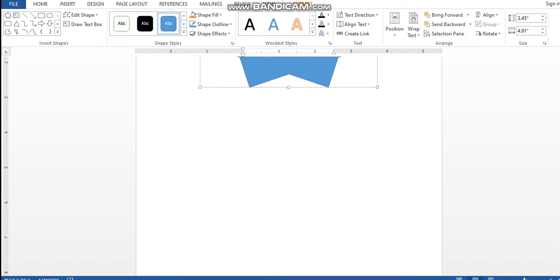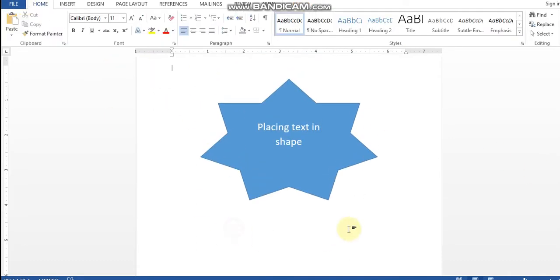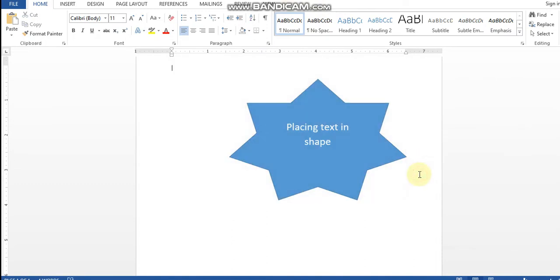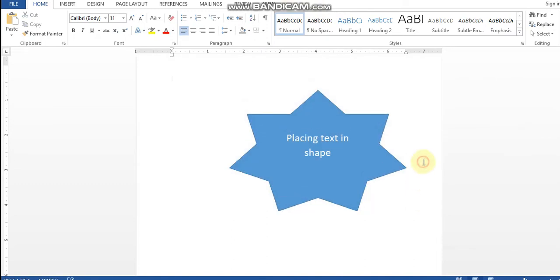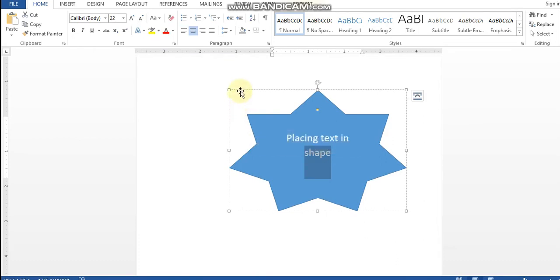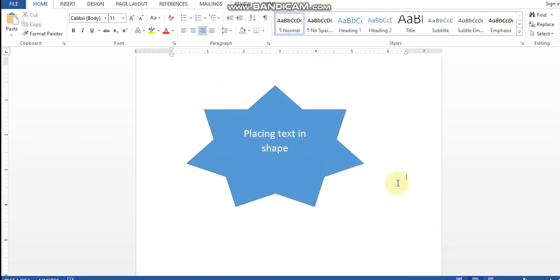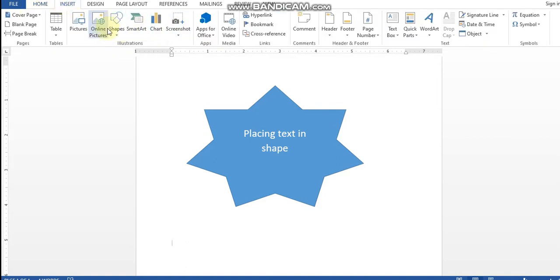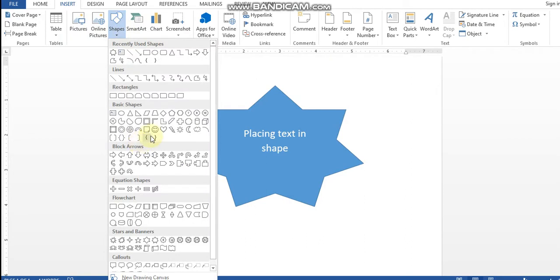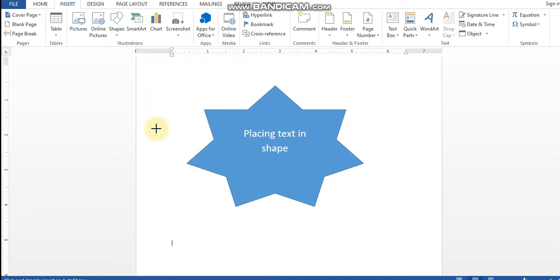Now suppose one more shape we are going to add. Insert shapes. Now suppose I am taking this smiley.